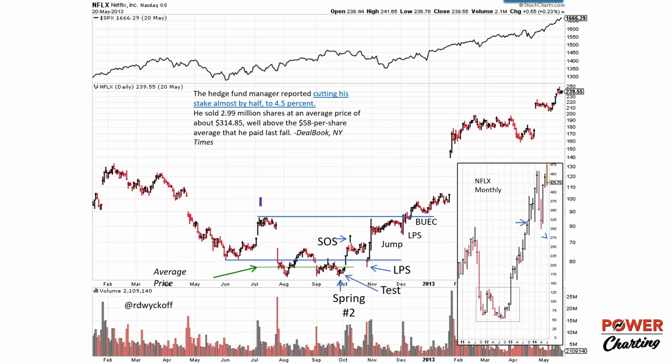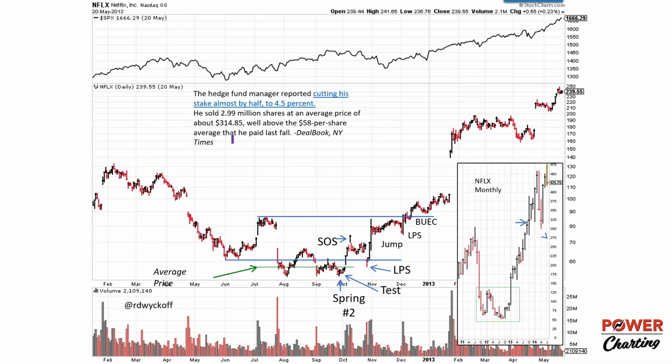Okay, so here is another example of accumulation. This is an older study that I showed a number of years ago. Here's an accumulation structure. This is a real case study where a CO type investor bought a huge number of shares of Netflix. And so he sold about half of his position, which was a whopping 3 million shares of stock. Well, he bought this stock in the accumulation area where this green line is, and that's an average price of around $58 a share.